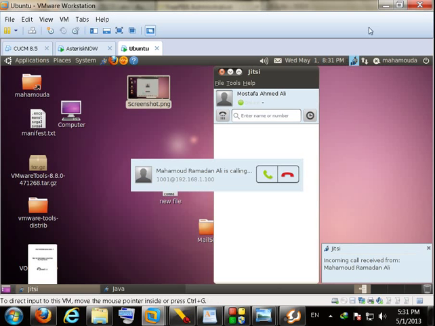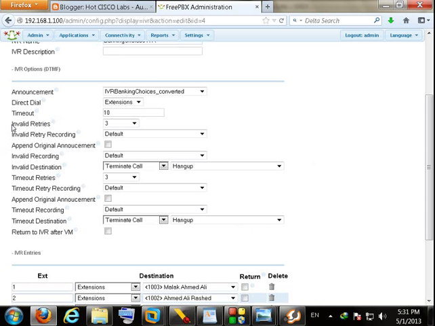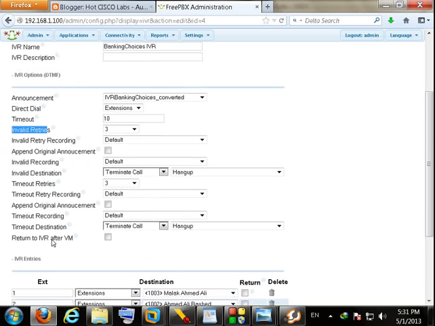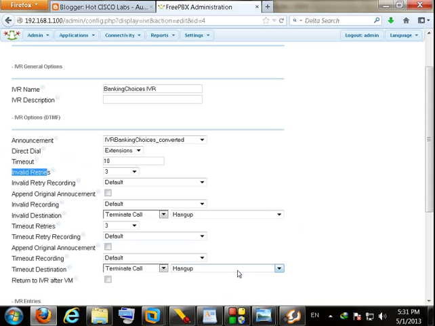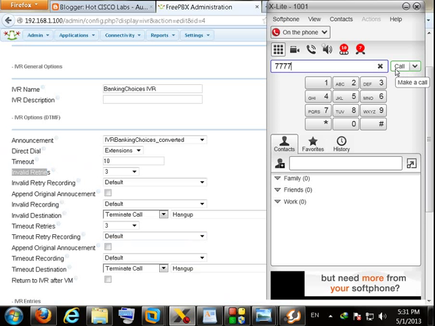Now it's working fine. That's nice. Let's hang up, and let's try to make an invalid retry. Invalid retry means we will press a digit that's not configured in our IVR configuration,